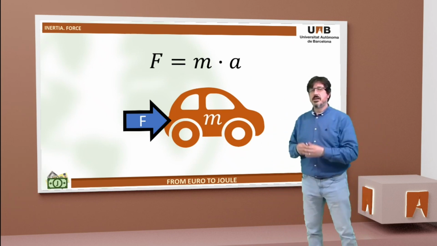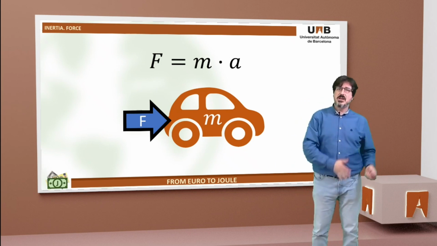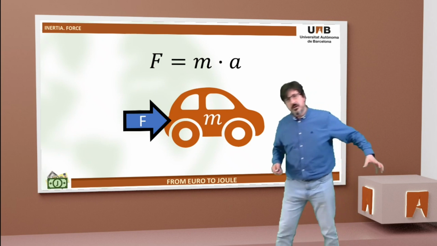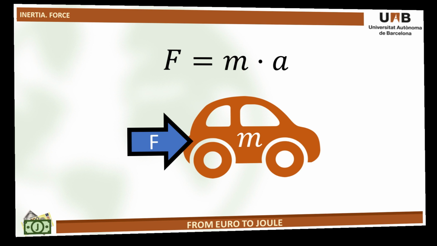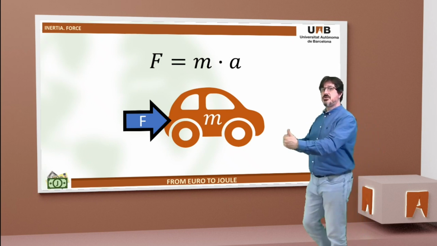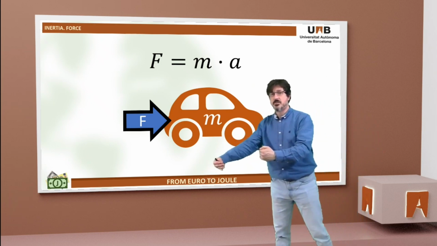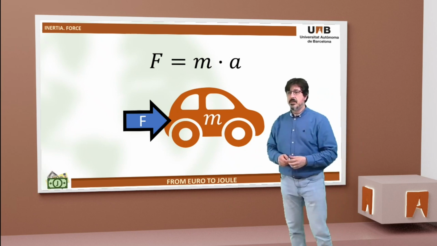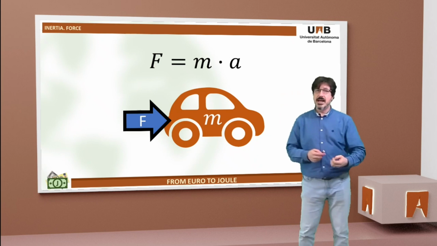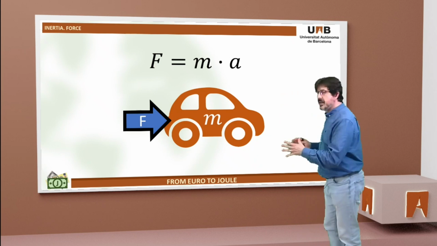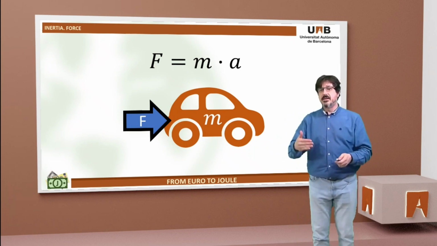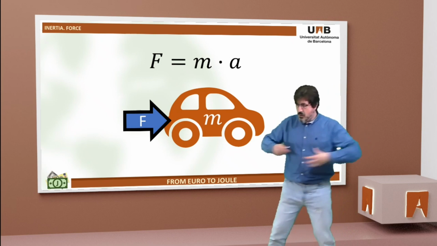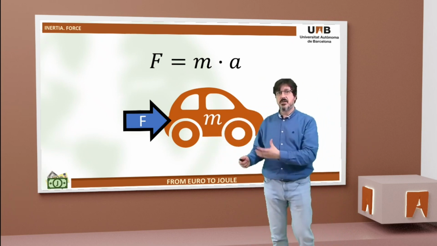The formula that allows us to calculate how much force we have to apply on an object in order for it to start to accelerate is Newton's law. This is the famous law that tells us that the force I have to apply on this object is proportional to the mass and proportional to the acceleration that I want this object to take. Multiplying these two terms, I get the force. This tells us that the larger the car, the higher the force, and the larger the acceleration, that is, if we want to change the velocity very fast, the